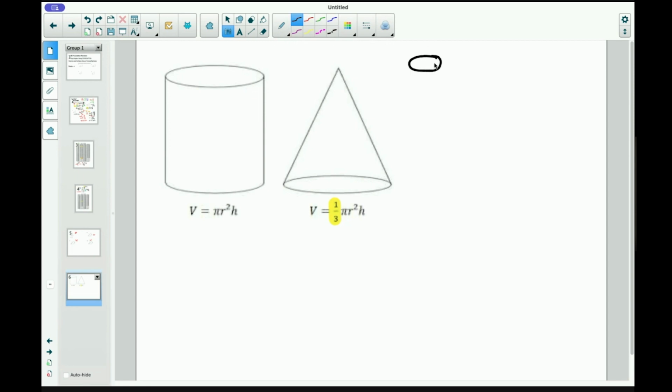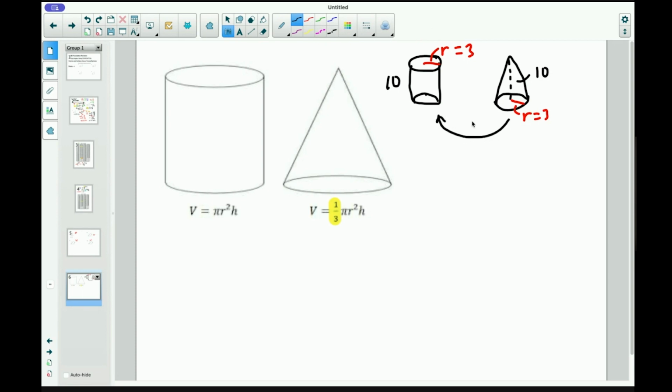Let's say we've got a cylinder, it looks kind of like this, and this has a height of 10 and a radius, let's say r is equal to 3. If we were to compare it with our cone that also has a radius of 3 and a height of 10,